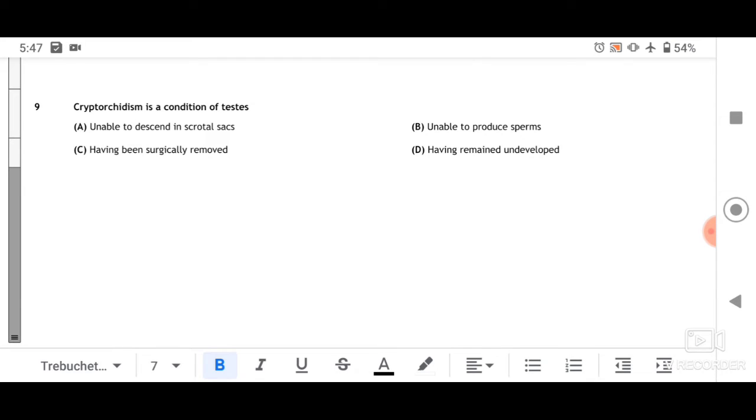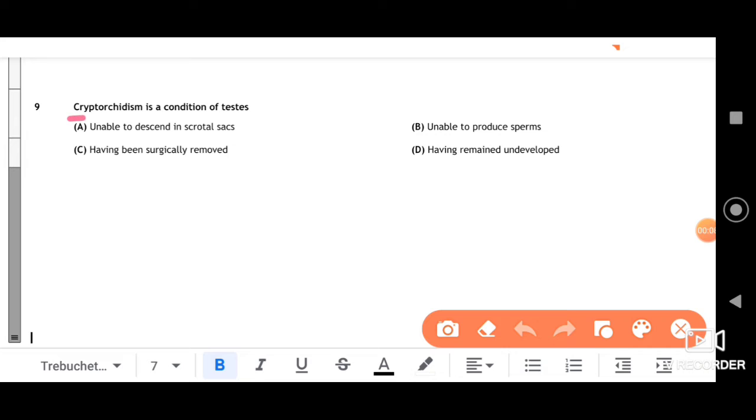The next question we have here is: cryptorchidism is a condition of testes, note that point. The options given are: unable to descend in scrotal sacs, unable to produce sperms, having been surgically removed, and having remained undeveloped. Let me first of all tell you that